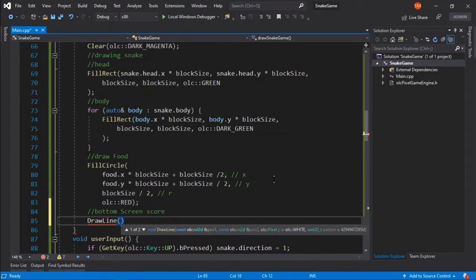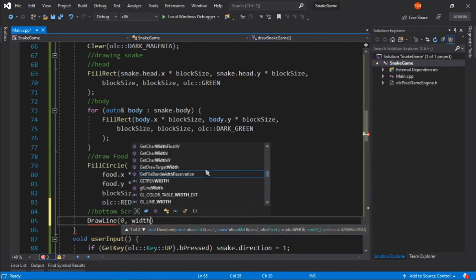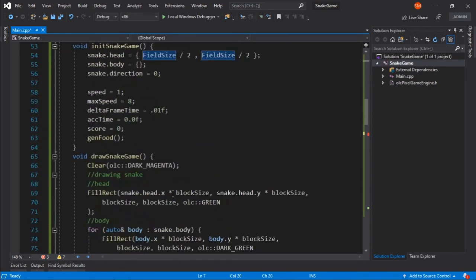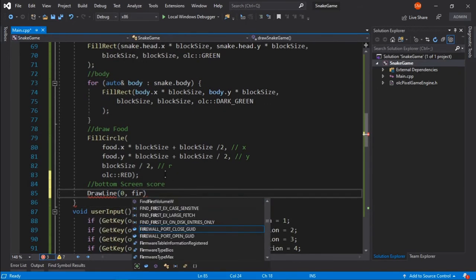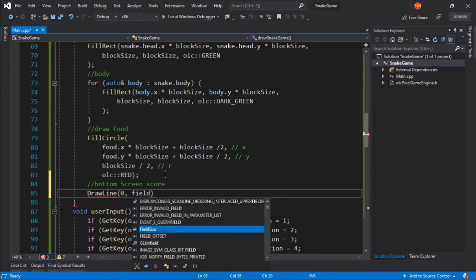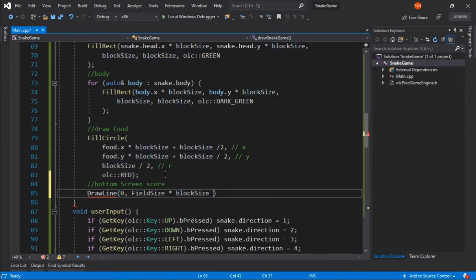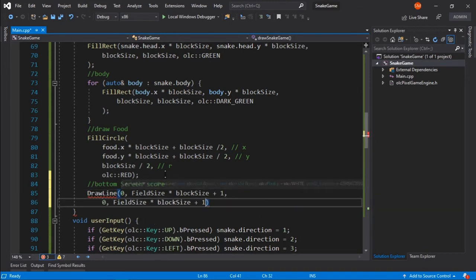So we'll have obviously from 0 comma our width, so it's called field size, 0 comma field, the y coordinate will be field size times block size plus 1, and from here it will be drawn till this. This is the first coordinate and this is going to be the second coordinate.